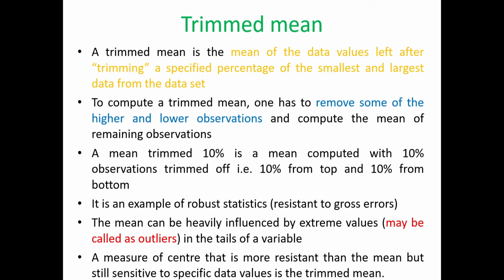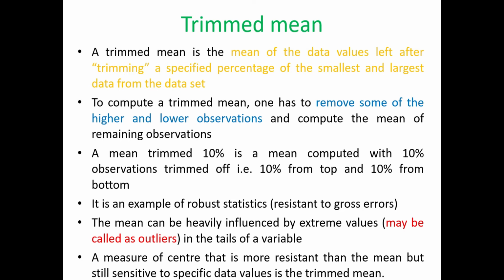If you remember the exercise when we were doing the presentation of the data, I showed you that student exercise, where I drew the study marks versus class marks. There I showed you the outlier. So we remove those outliers and then we calculate the mean, that is known as trim mean. For example, if we trim 10%, that is 10% of observations trimmed off from the top and from the bottom, then we calculate the mean, that is known as trim mean at 10%. So 10% of data we have removed.